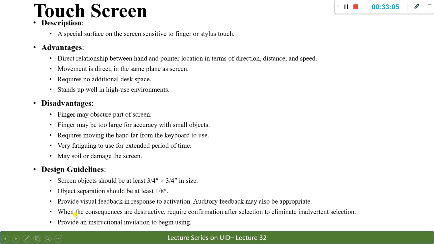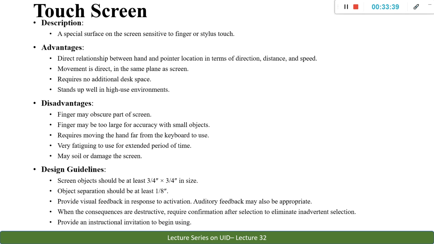Okay. The fourth thing is that when the consequences are destructive, it requires confirmation after selection to eliminate inadvertent selections. So if you have a destructive selection, it is better that, since you can touch your screen anywhere, maybe purposefully or maybe by mistake, if you have by mistake clicked on delete, you should have some confirmation message asking whether you want to delete that application or not.